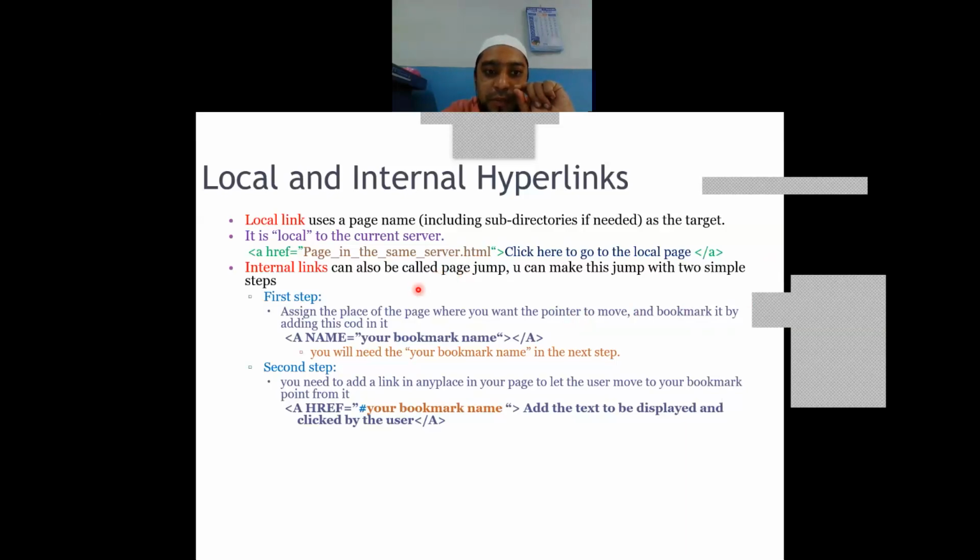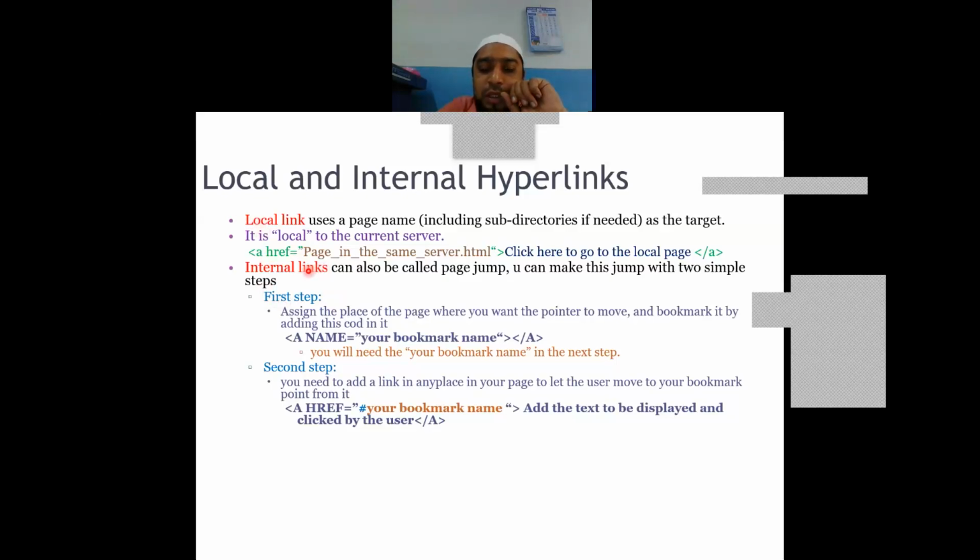That particular place will become a bookmark for us. So first you need to mention what is the place where you need to make a bookmark. Suppose we were looking for this local link, right?